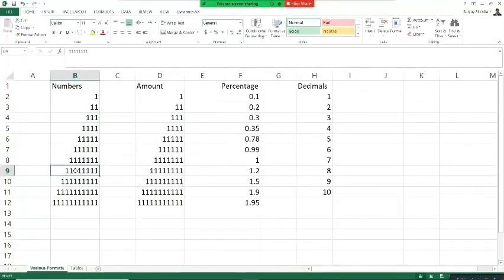But when we look at bigger numbers, we find it a little difficult to identify the place values if there are no commas or separators. So in order to